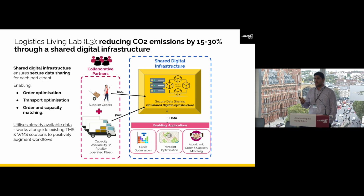But effectively, they're looking at the data that has been submitted to that infrastructure and matching parameters, saying that this order with this capacity makes a compliant match. In theory, this truck needs to be back at its distribution center by 10 o'clock. It can deliver this job by 9 o'clock and head back. And so what you're doing is utilizing what would have been otherwise wasted capacity,